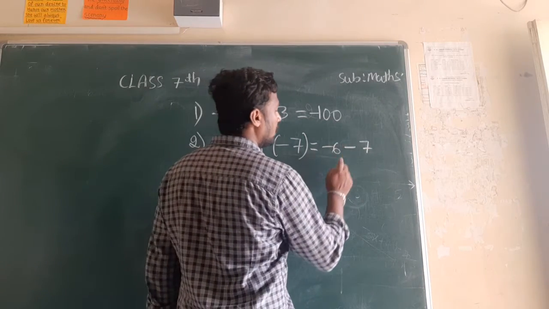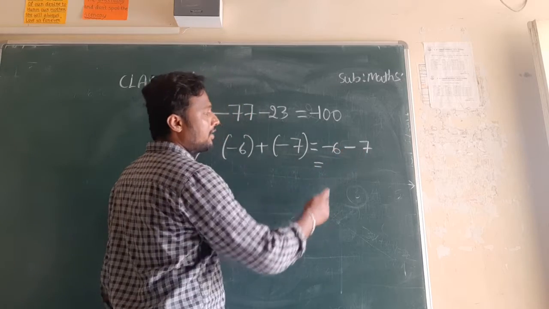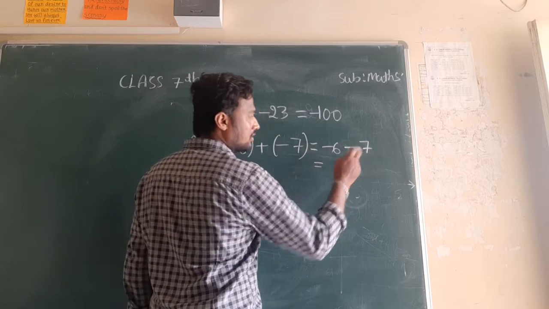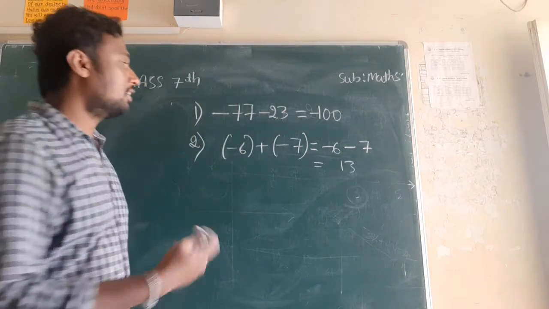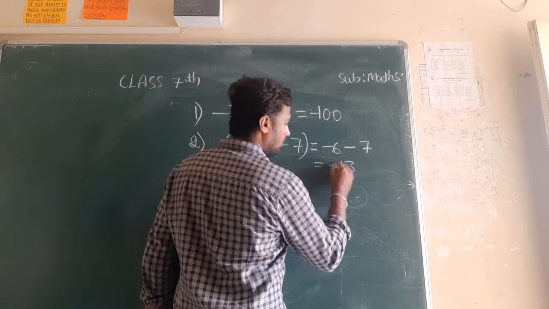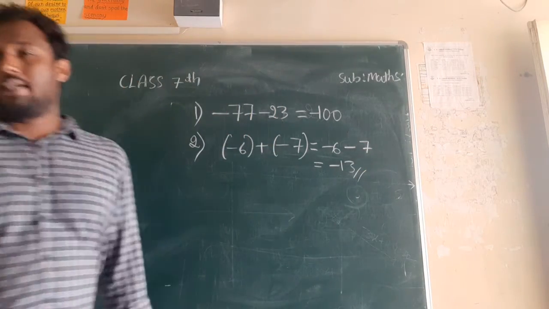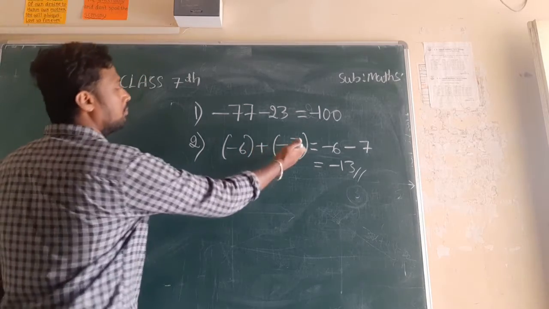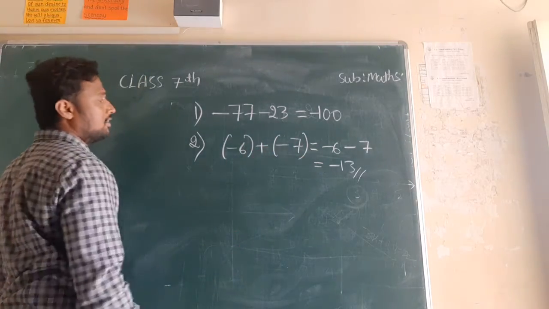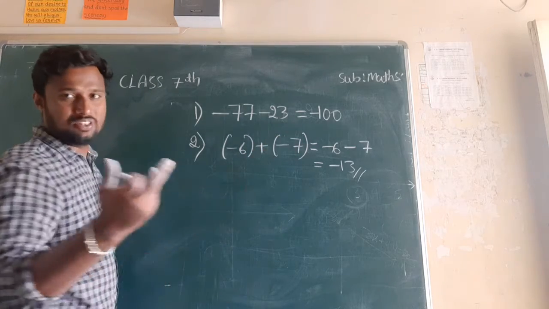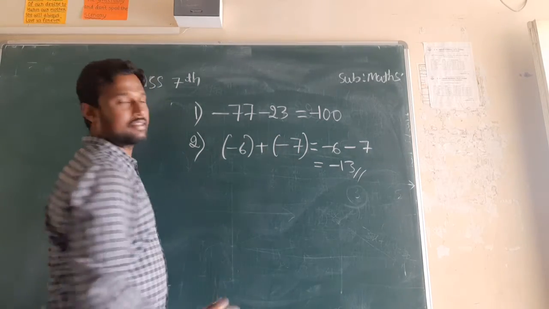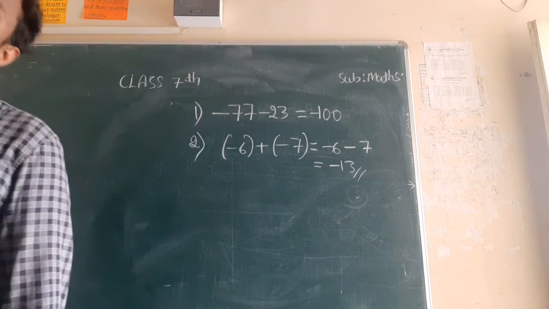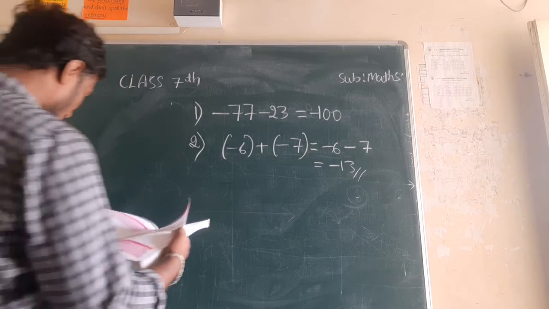So now minus into minus plus, again you have to add. 6 plus 7 means 13, and which is the greater value here? 7. 7 is greater than 6, and the sign in front of 7 is minus. So the answer is minus 13. Okay? Just you have to remove these brackets. Minus 6 I have written as it is. Plus into bracket minus 7 means just multiply plus into minus. So you get minus. So 7, write it as it is. This is how to calculate. Okay, I will consider one more example.